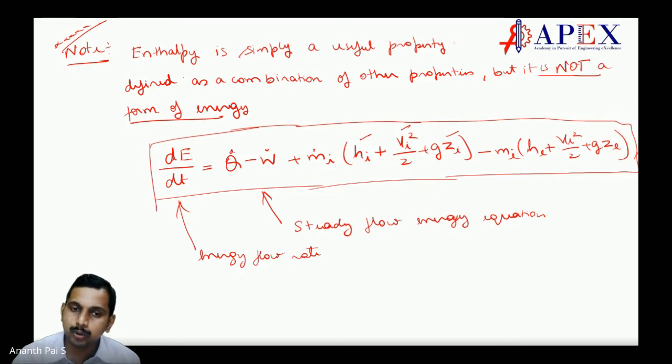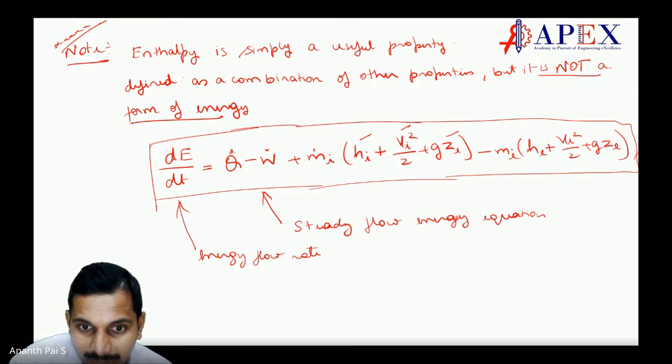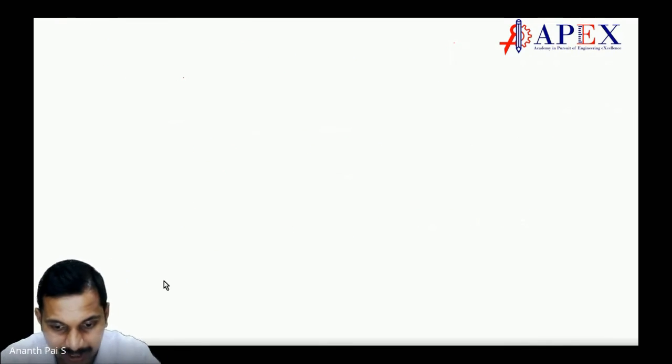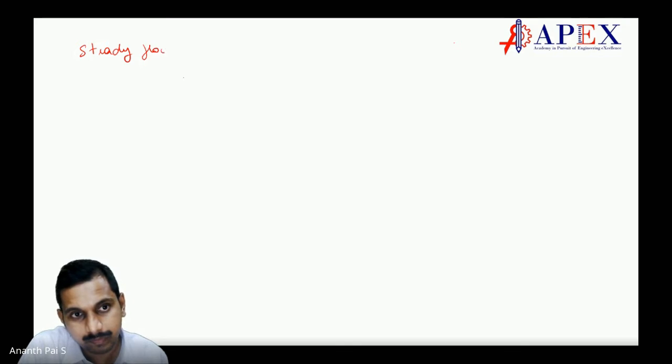If I put it in terms of unit mass, the steady flow energy equation per unit mass can be written as